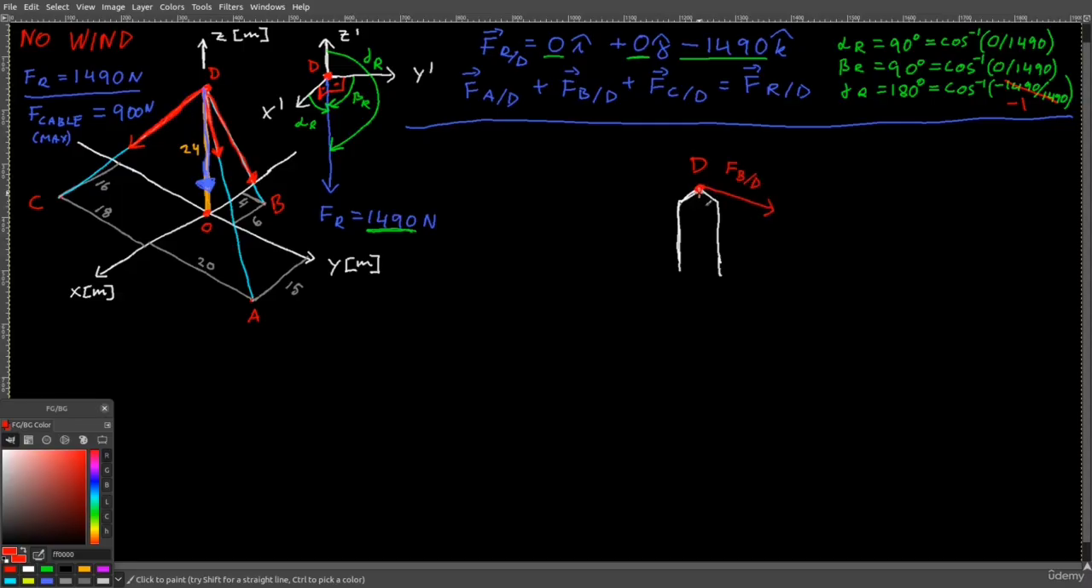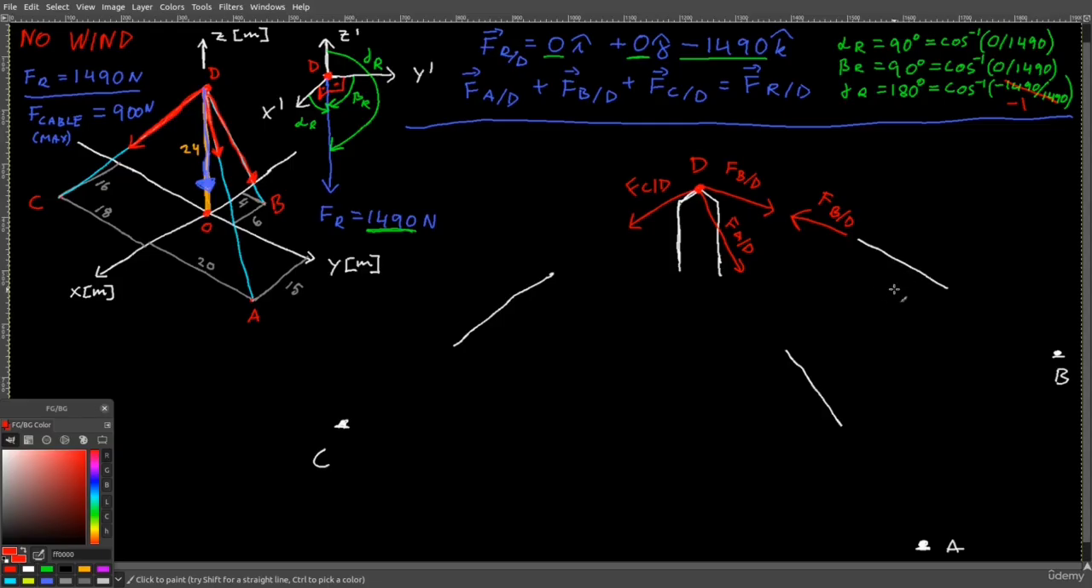Fb with respect to D, Fa with respect to D, and then Fc with respect to D. Now, because of Newton's third law, if I disconnect this cable from point D and from point B on the ground, and I do it with this cable as well that is connected to point A on the ground, and the same thing here, the one that is connected to point C on the ground, if I mentally disconnect them, not in reality, but mentally, then due to Newton's third law, this cable will experience the